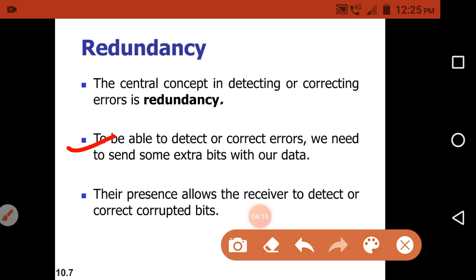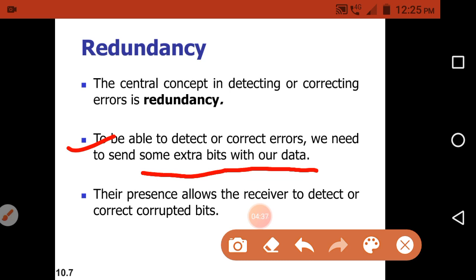That is how redundancy can be used to detect and correct errors, by adding some additional bits with our data.